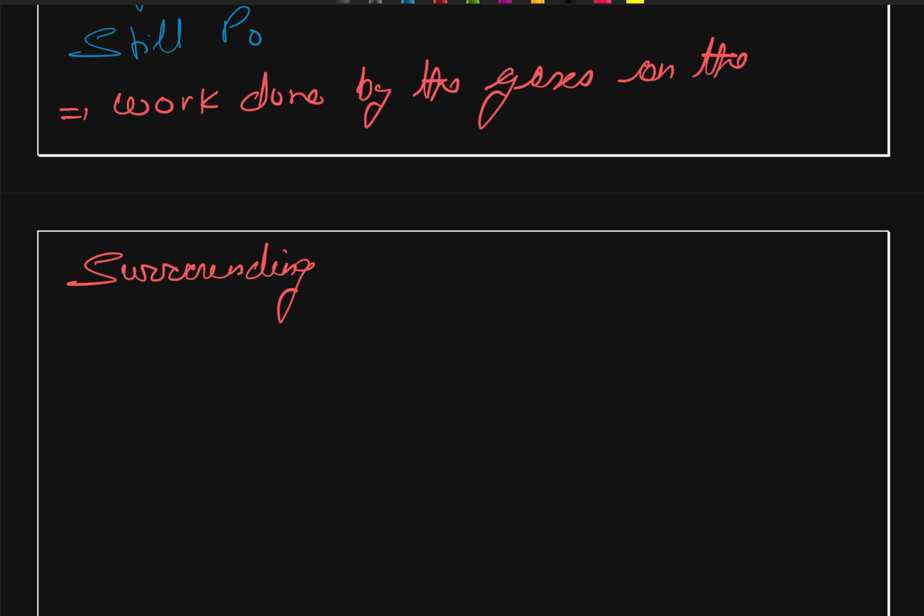Okay. And this change in volume will be of both because of our monatomic as well as our diatomic. Therefore, we can write that our W will be equal to our P naught,